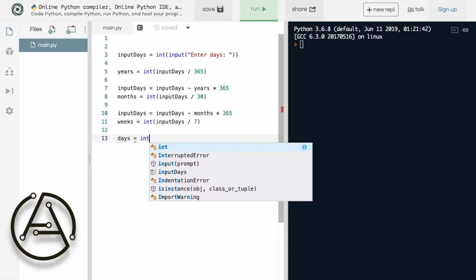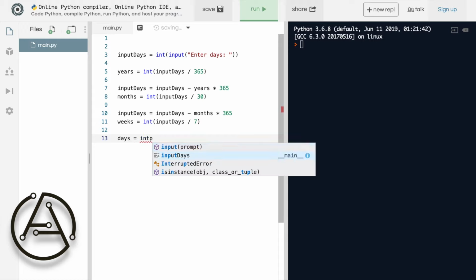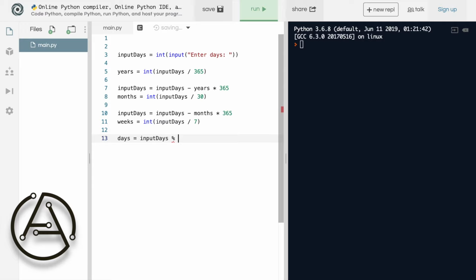Days equals, it's a lot easier than the others. Actually I don't even have to cast it into integer because input days modulo 7 means divide by 7 and get the remainder, which is always an integer, so you're on the safe side and you don't have to cast it anymore. And I want to print the message here,